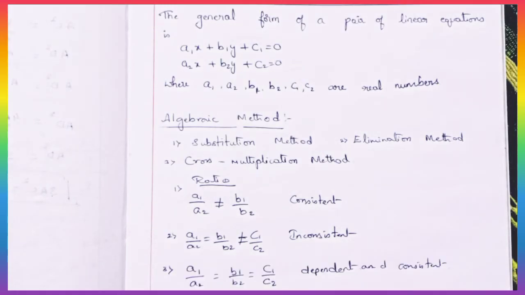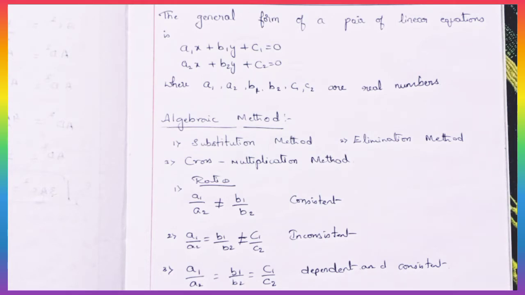Today we are going to discuss the unit on pair of linear equations in two variables, which is taken from class 10. I have already done a previous video on this unit, where we discussed what a variable is and how to solve linear equations in two variables using the graphical method. In today's video, I'm going to discuss the general form of a pair of linear equations in